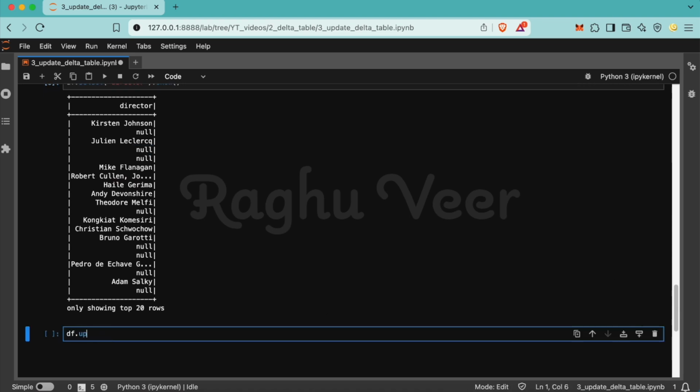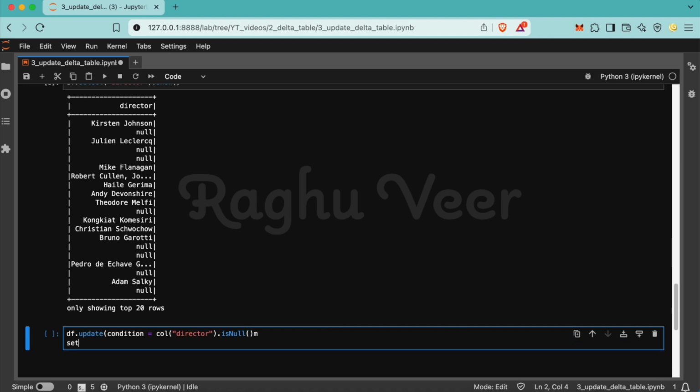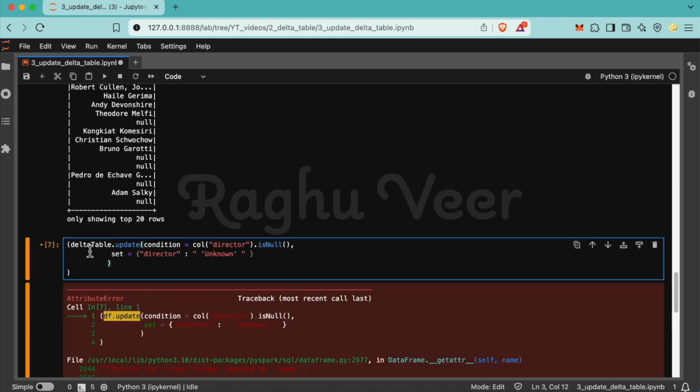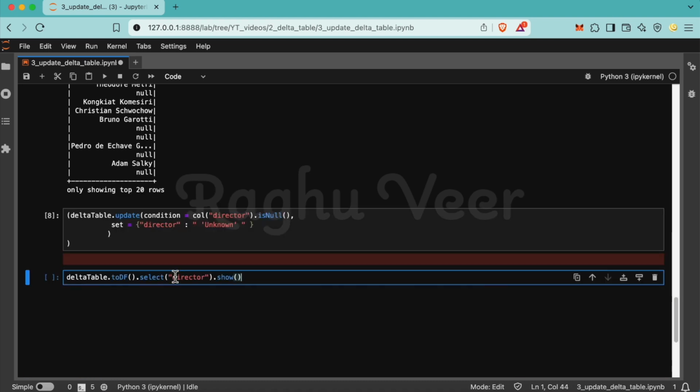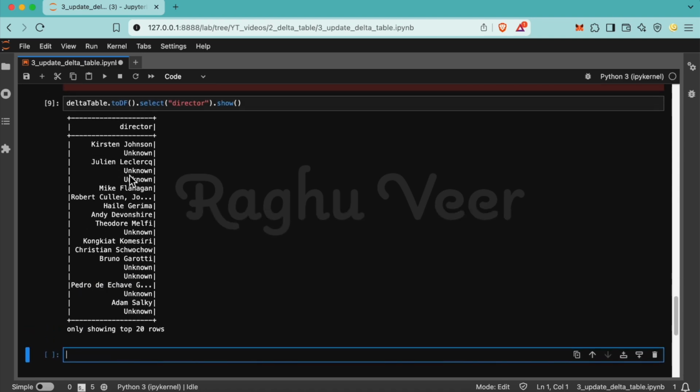So deltaTable.update, I'm giving the condition. The condition is col director is null. If it is null, then set is unknown. Close the bracket. So DeltaTable dot update, the condition is if the column director has any null values, then set the director to unknown. This is a string literal. Now if we execute and look at the director column, we could see all the null values are